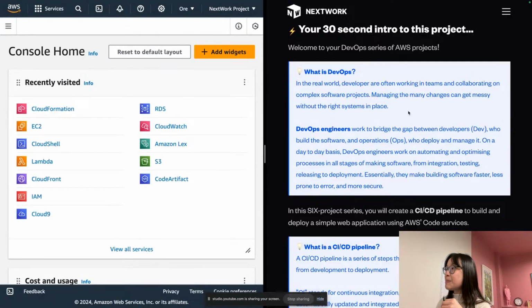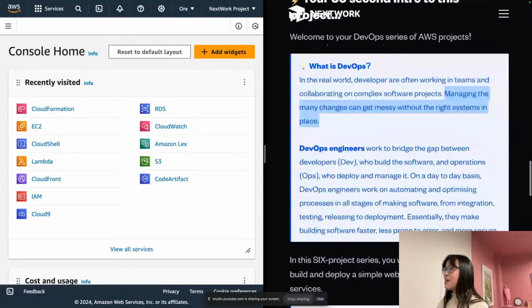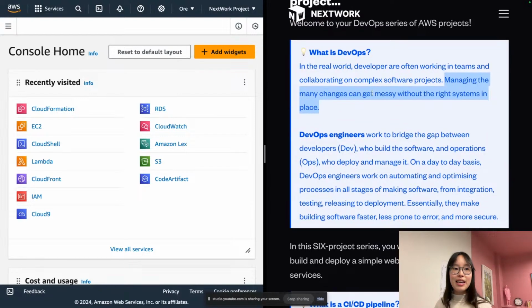So managing the many changes that come with having a big project across multiple people, it can get a bit messy without the right systems in place. Rightfully so, because everyone is trying to work at the same time, but how do you maintain a code base that is correctly reflective of what the user is actually seeing,